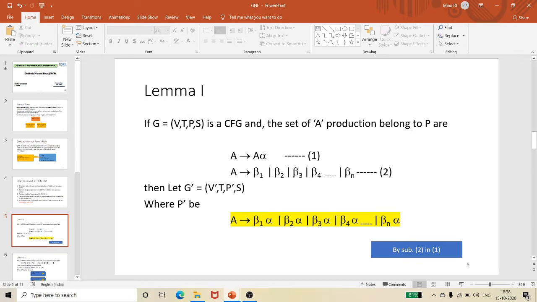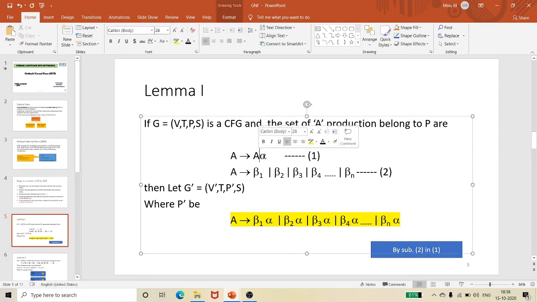As I said, lemma 1 is a mere substitution. You see that here we have an example. This is from the theorem: let a grammar be G = (V, T, P, S) and A be some non-terminal with a production like this, where A gives capital A alpha. It is not mandatory that this A and this A should be equal. Even it could be capital B also, nothing will be wrong. There is no rule that these both should be equivalent.